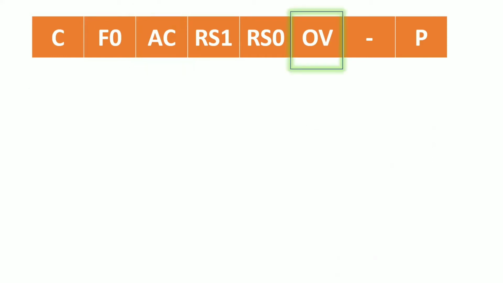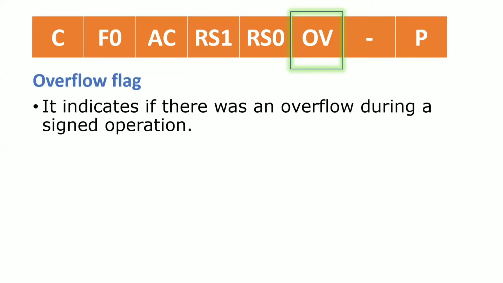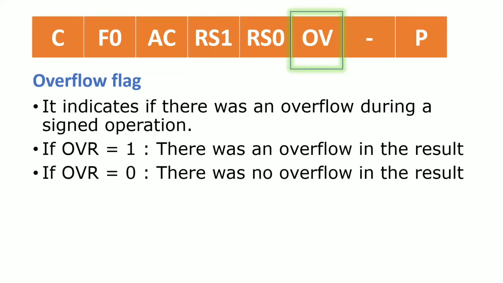Okay. Next flag is the overflow flag. The name itself indicates overflow. So if the result overflows, then automatically the overflow flag will be set to 1. And this results when we are doing signed operations. What are signed operations? Whenever we are doing operations on negative numbers, signed numbers are nothing but negative numbers. Whenever the result exceeds the range, then automatically this overflow flag will be set to 1. Okay, that means it indicates there is an overflow in the result, especially during signed operations only. Remember this point, only signed operations.